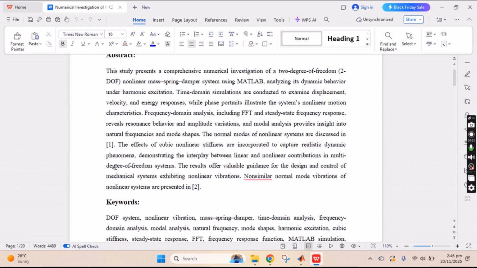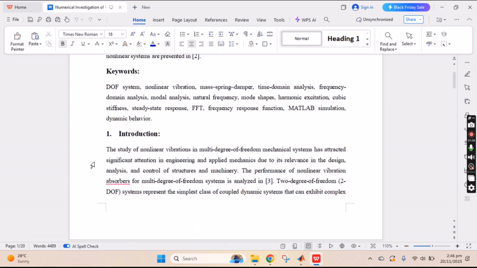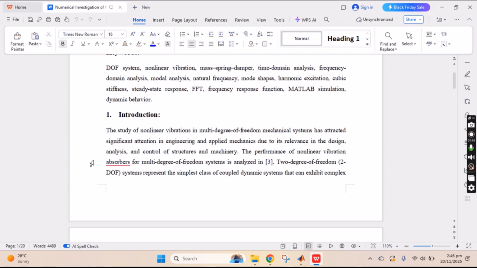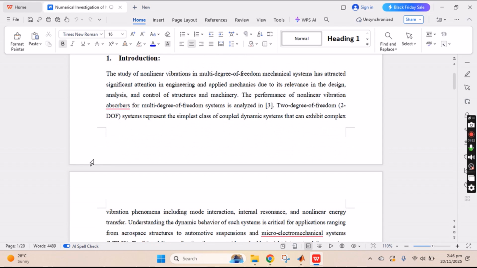Also, it exhibits nonlinear vibrations. It also presents non-similar normal mode vibrations of the nonlinear systems. Okay, so these are the abstract with the keywords, and the introduction I have just listed. In the introduction, we have added the nonlinear vibrations of multi-degree of freedom systems in applied mechanics, due to their relevance in the design, analysis and performance of nonlinear vibration